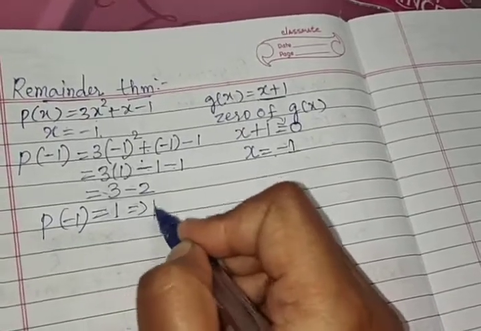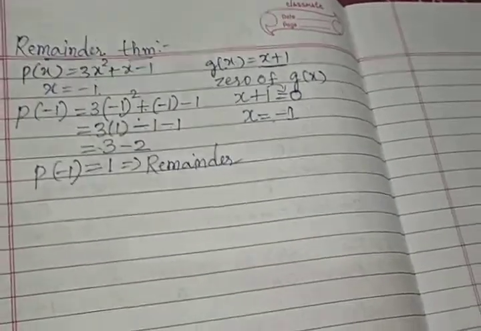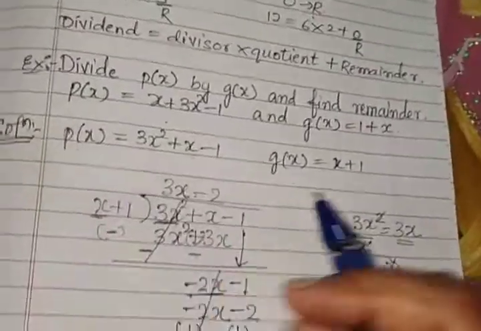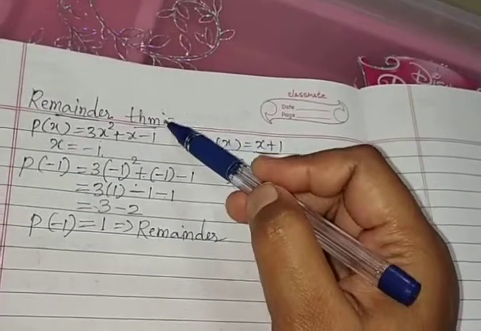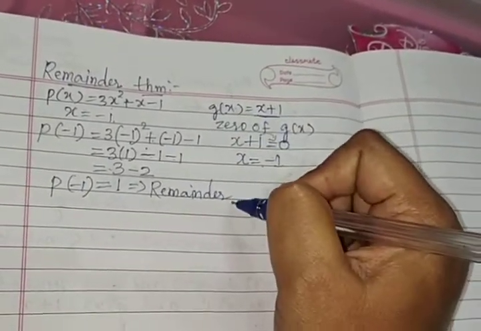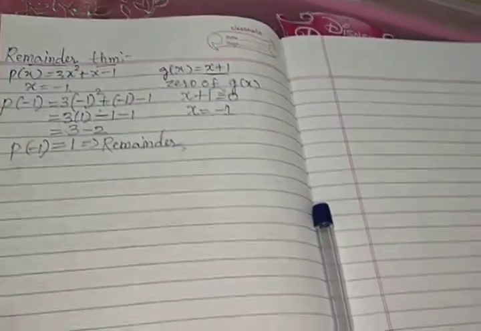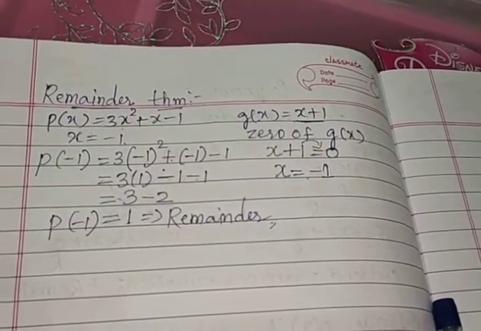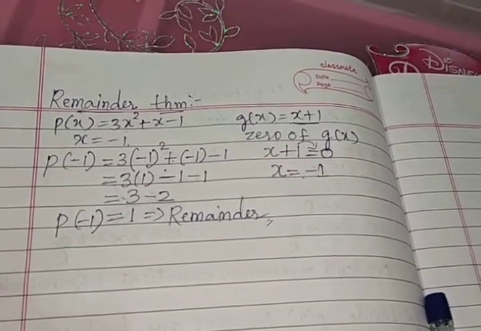That is the remainder. So these are the two methods which we are using to find the remainder. One is by long division as we have done earlier, and this is called the remainder theorem. Using the remainder theorem we are finding the remainder. There are many more questions given in your NCERT textbook. Please go through the exercise questions, some example questions from the book, and try to find the remainder using both the methods, by long division method and by remainder theorem.